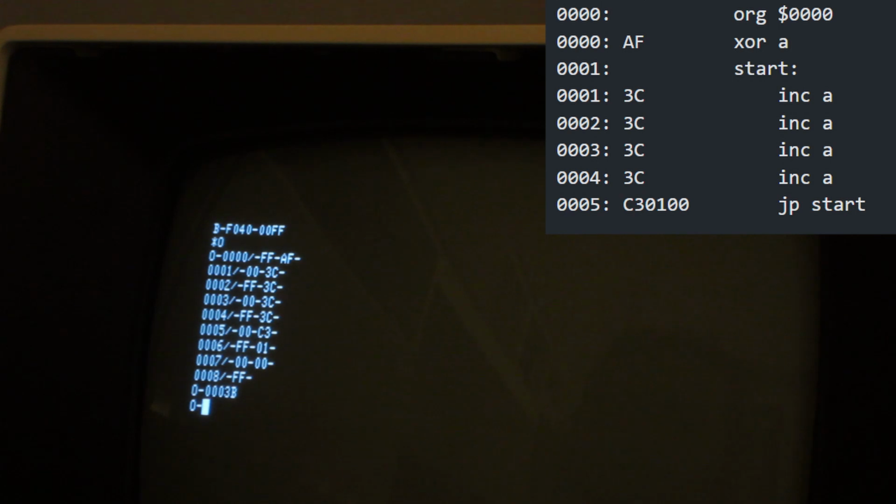So we will expect register A to be 2. So we can start the program by typing the starting address and pressing G, and that's a return from a breakpoint. So as we can see here, there is the program counter, and here you can see the AF register pair. So this is A, and this is what we were expecting.